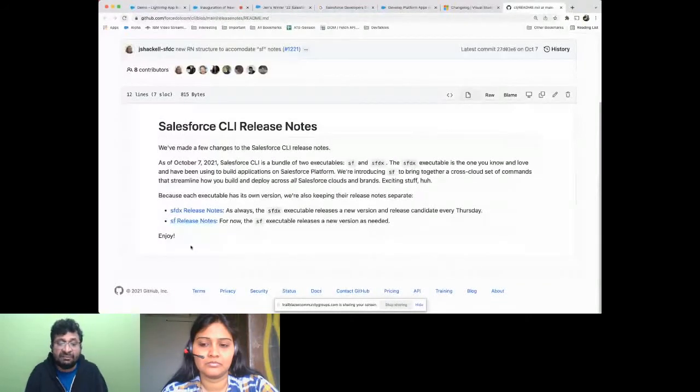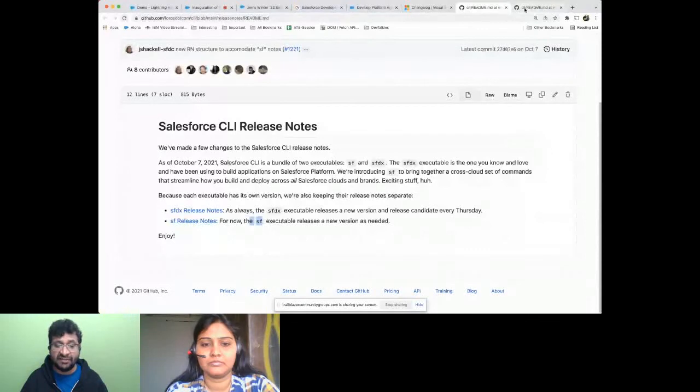So now you know that we have the unified CLI as a beta feature. That is one of the newest CLIs, which was introduced in the last release, and it's still beta in the Winter '22 release, where you can run your CLI commands across multiple clouds. Normally, when you use SFDX, you do it for this cloud. So you can use the SF namespace, SF commands, across multiple clouds. Now we have separate release notes for SFDX commands, like SFDX force commands, whatever you are using, and we also have release notes for SF.